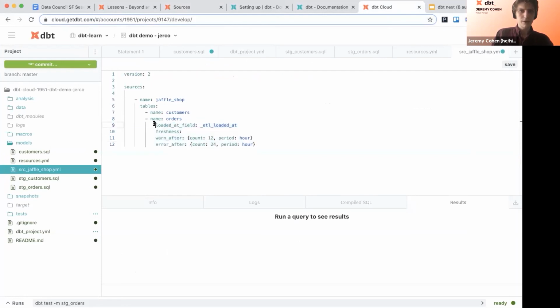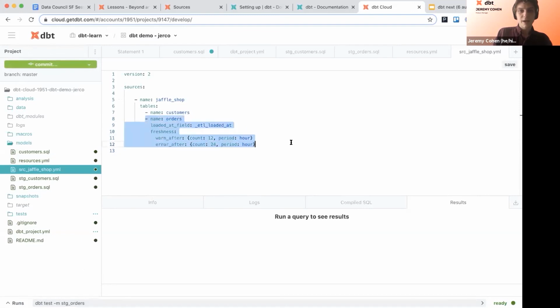YAML is, of course, a very indentation aware language, configuration mechanism, whatever you want to call it.